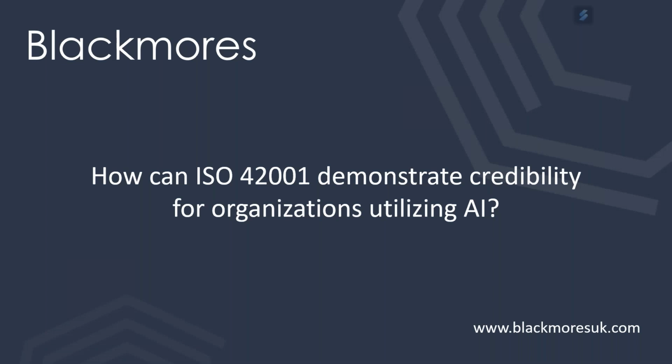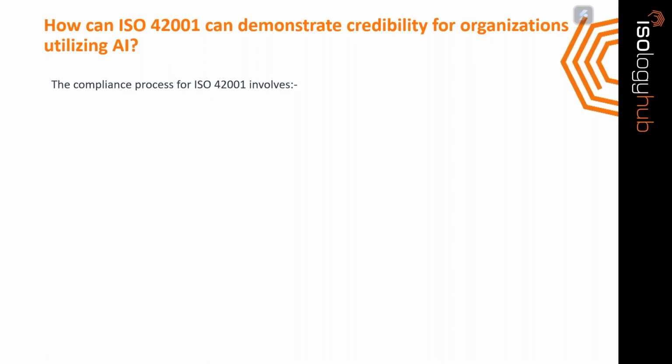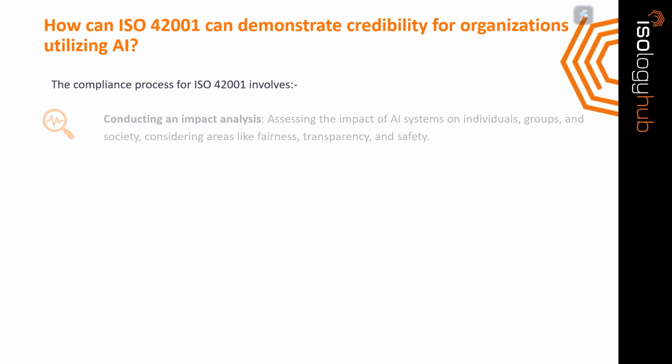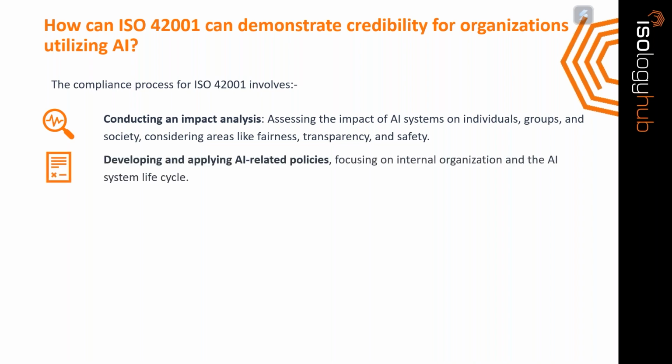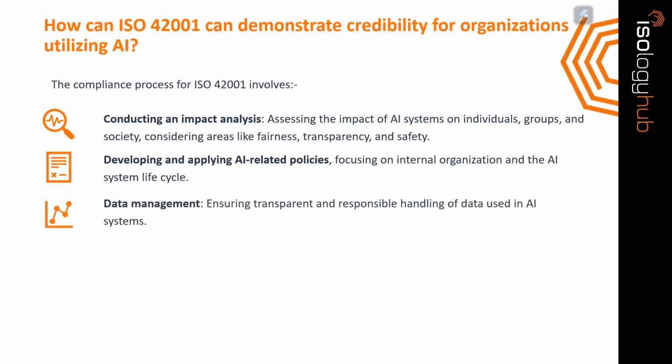So how can ISO 42001 demonstrate credibility for organisations utilising AI? Well, the compliance process for 42001 involves conducting an impact analysis, so assessing the impact of AI systems and considering areas like fairness, transparency and safety, developing and applying AI-related policies, focusing on internal organisation and also AI system lifecycle, which can then lead to operational controls,